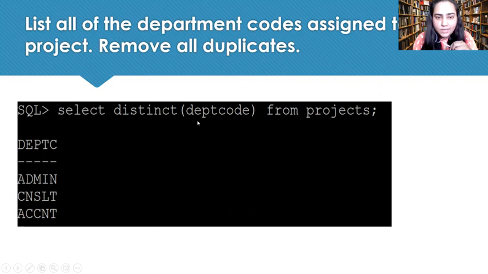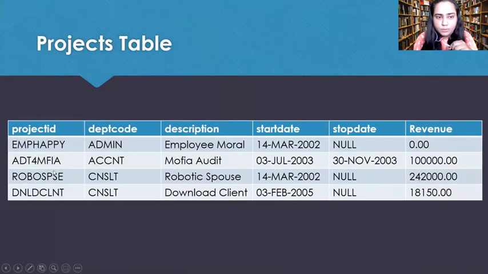Select distinct and then in bracket dept code from projects. So dept code is the name of the column, and we are attaching a distinct keyword right before it. So what this does is tells you the names of the departments, I mean the codes of the departments, it gives you, but without repeating anything. So if we look at the actual table,